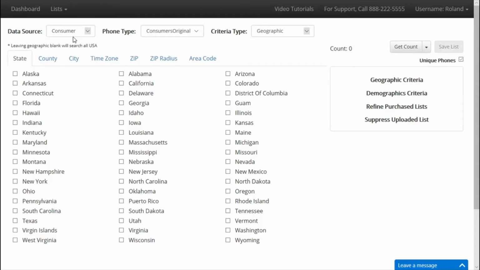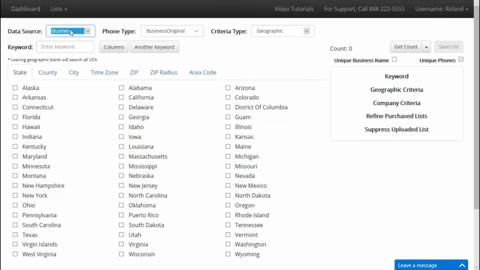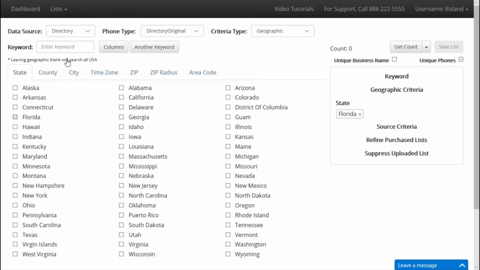This is how you search our additional business databases. You've probably used the business data source, but I want to show you another data source called Directory. This is a special permission database that we add to certain customers. So change data source to Directory, and of course you know how to do your geographic. You could just select a state. Okay, and then Directory,